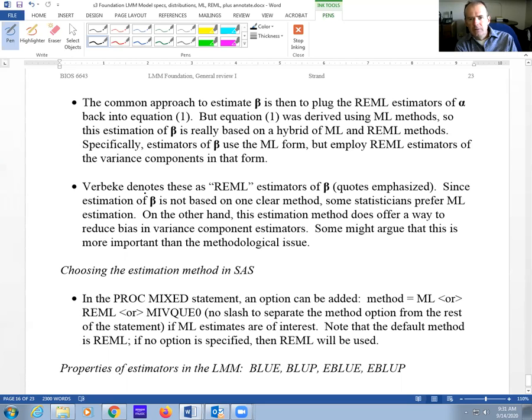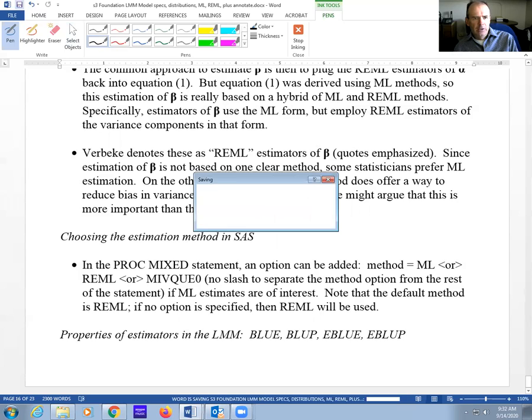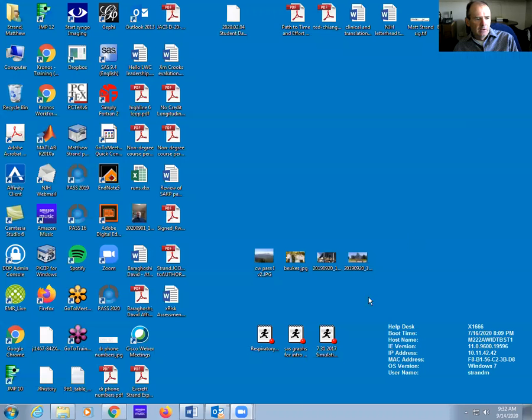It's actually the default. Like if you use SAS proc mixed, by default it's going to use REML, and I believe R is the same with the packages that you use in R, that REML is going to be the default. And you have to say specifically method equals ML if you're going to use maximum likelihood estimation. All right, so that's that. Any questions on that? If not, we're going to jump into the next slide set.